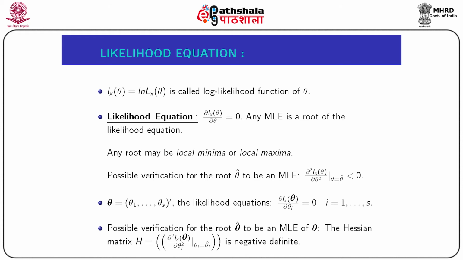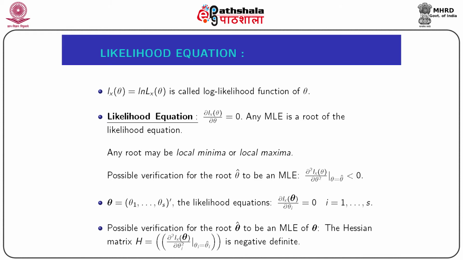Then the equation del by del theta of l_x(theta) equal to 0 is called the likelihood equation. Any maximum likelihood estimator of theta is a root of the likelihood equation, because by maxima minima principle, any maximum likelihood estimate should primarily be a stationary point, because it is the maximum likelihood estimator which maximizes the likelihood function, and